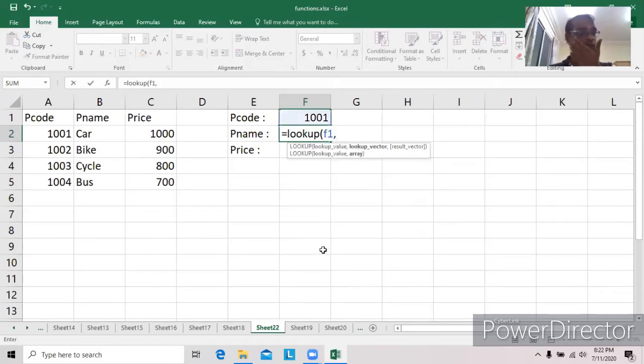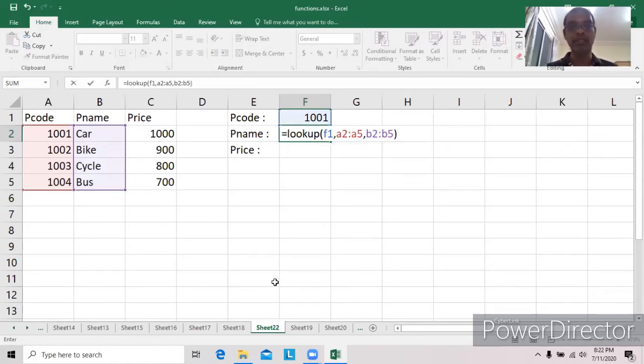Then we have to specify the lookup column, A2 colon A5. This is the lookup column, comma. The third one is the result column, that is B2 colon B5. That's all. It needs only 3 arguments. So F1 is a lookup value, A2 colon A5 is the lookup column, B2 colon B5 is the result column.